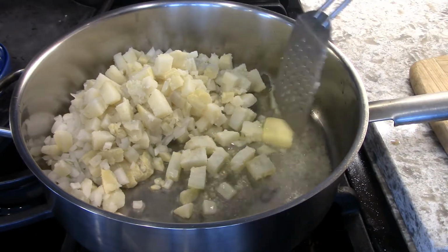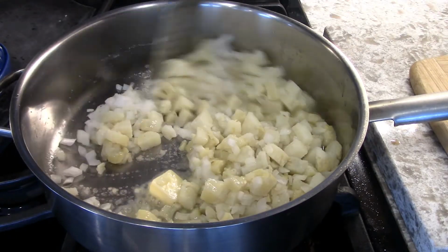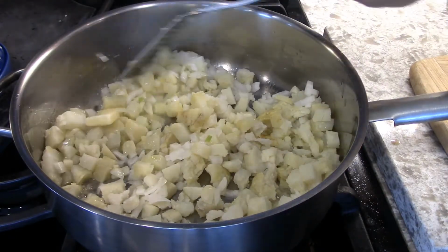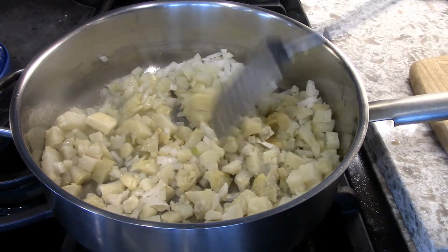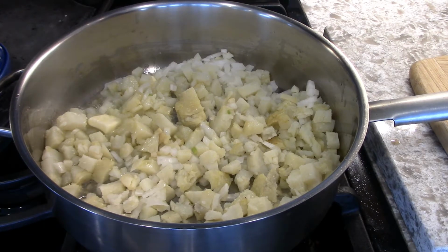And there's the butter, the flavor. Okay, so that pan is hot, and that's what you want. You don't want to keep this on there forever and cooking slowly. So you turn it up all the way. And then you put